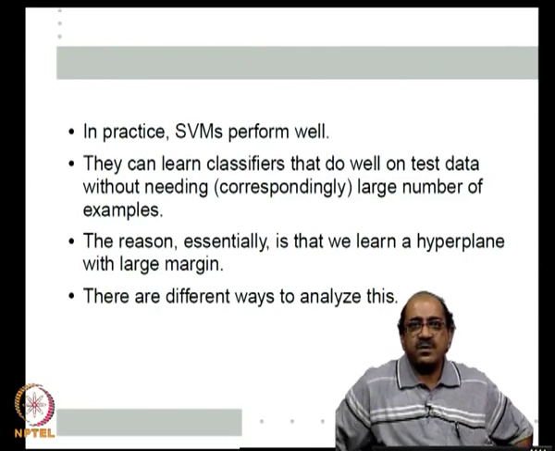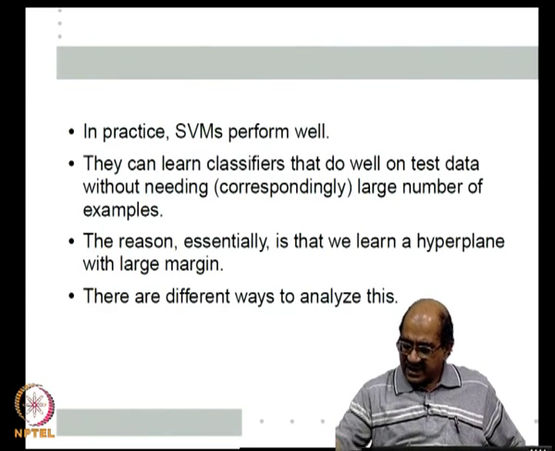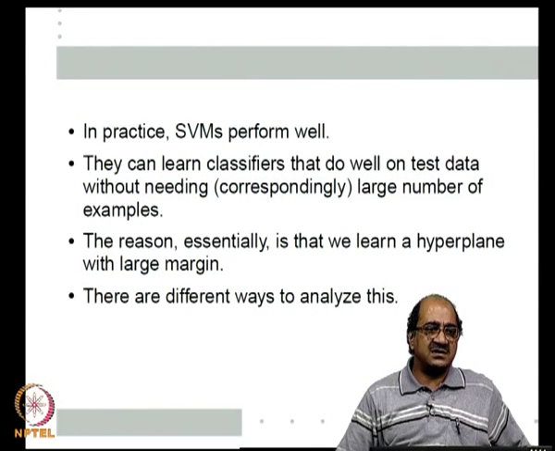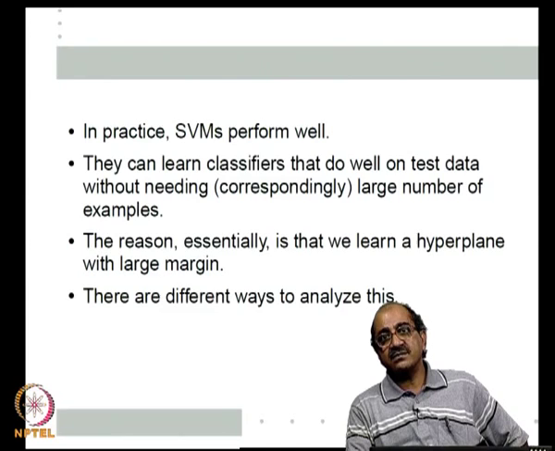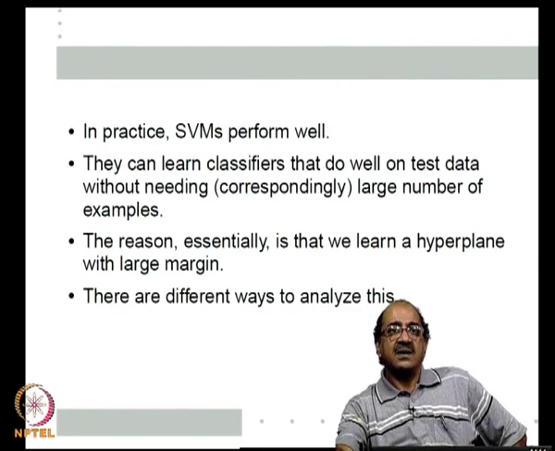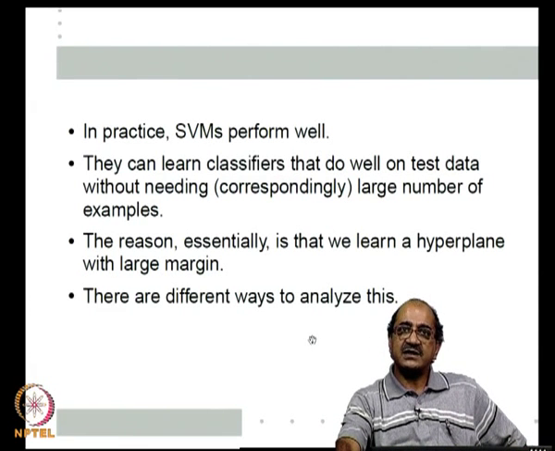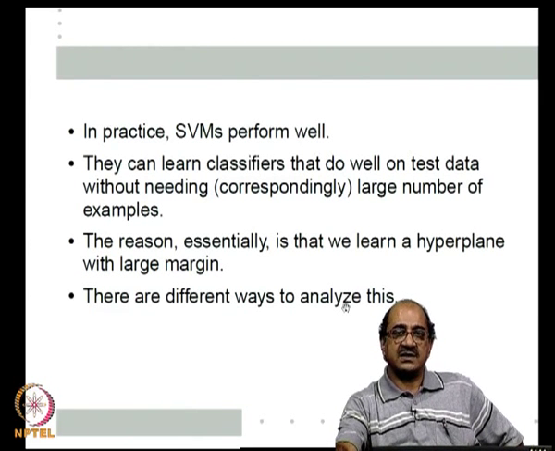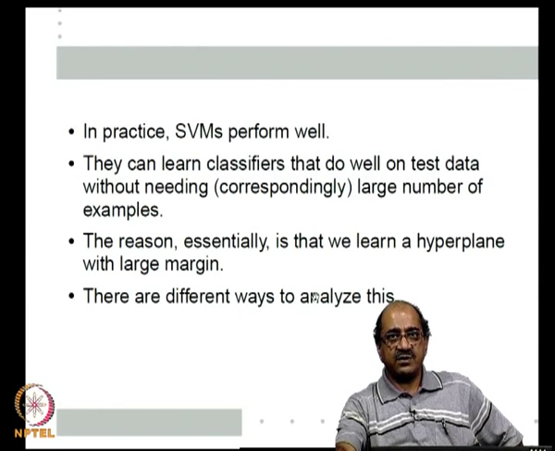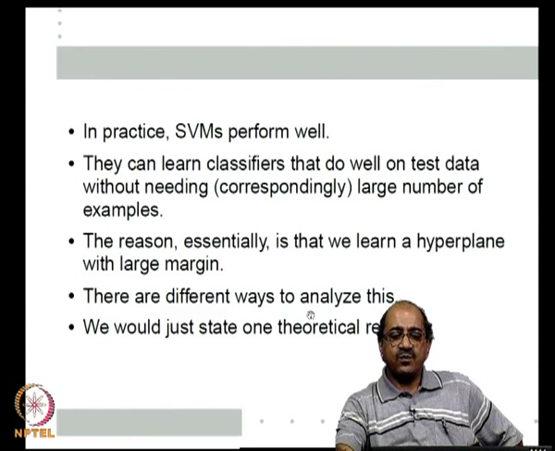There are different ways to analyze this. For example, the VC dimension of hyperplane classifiers is dimension plus 1, but suppose we restrict ourselves to all classifiers with a minimum margin of delta. Then the VC dimension will change, obviously, and it will not be the same as for the set of just hyperplane classifiers. So, we can, for example, ask what the VC dimension of large margin classifiers will be. There is a way of looking at it. Currently, we are not looking at this. What I will do is, we will just get one theoretical result in this lecture. Much later, I may come back to this.